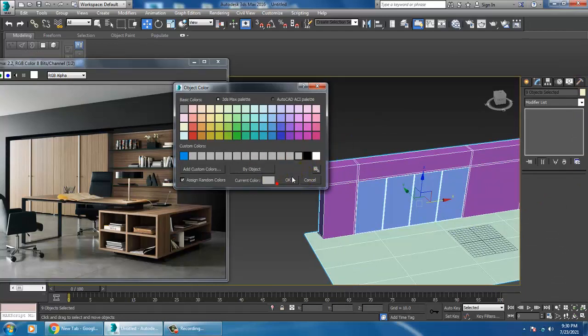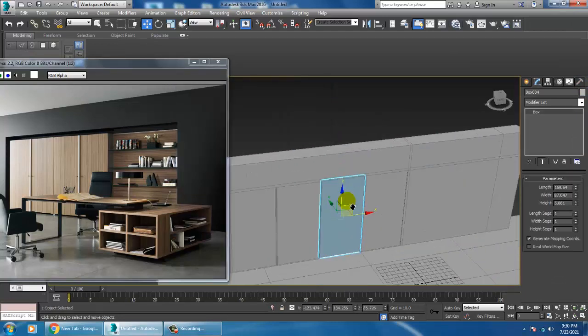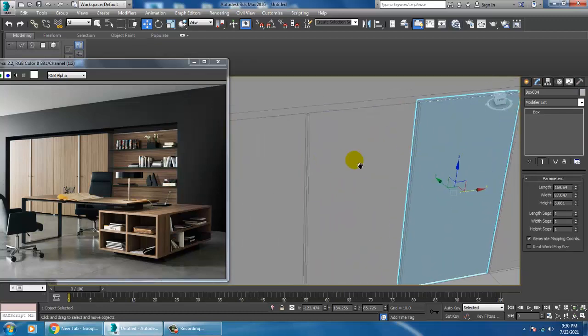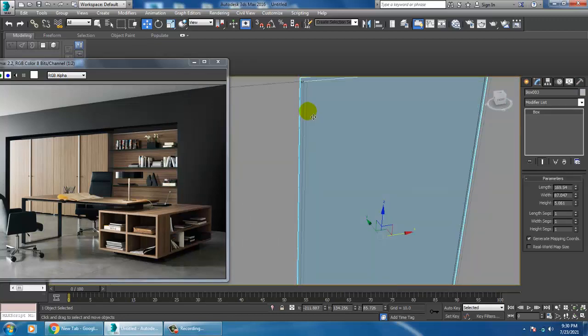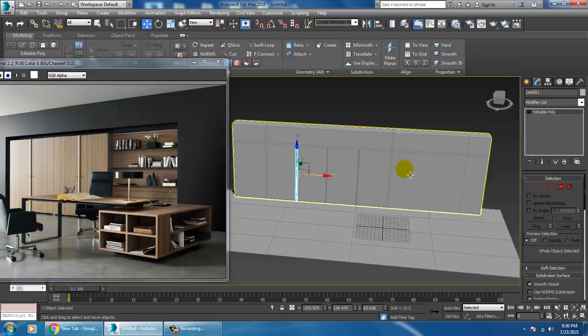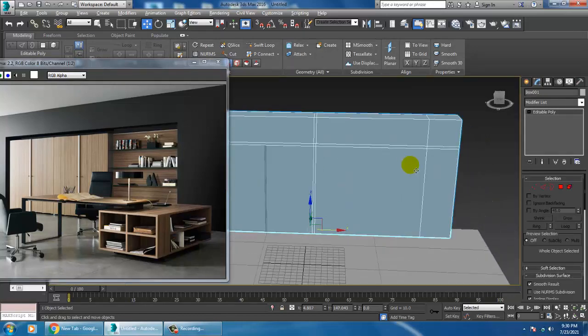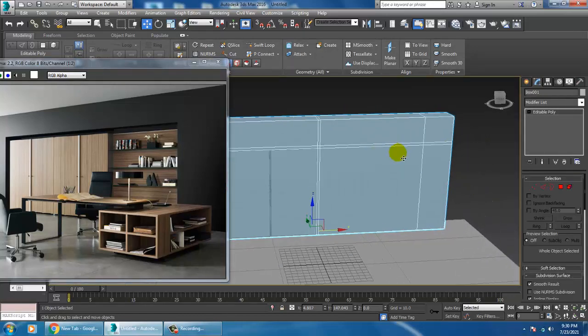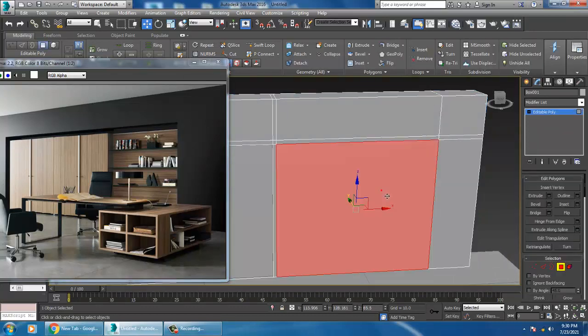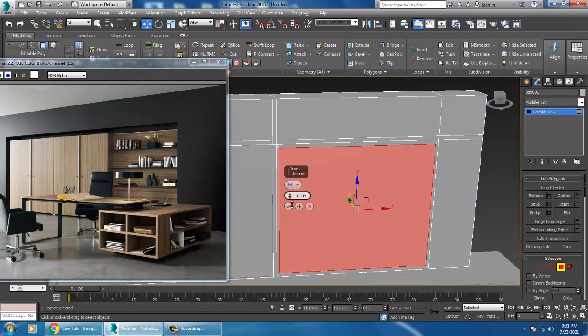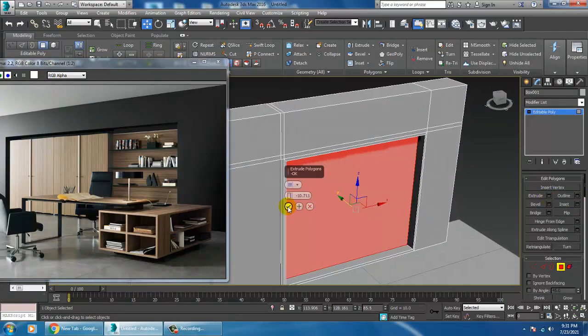Once you're done with this, let's select these polygons again, inset a bit and extrude it a bit inside, and click OK.